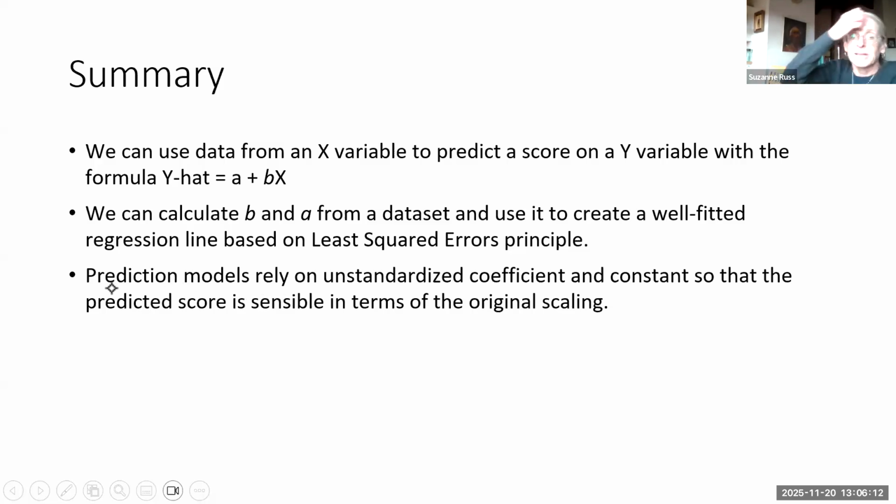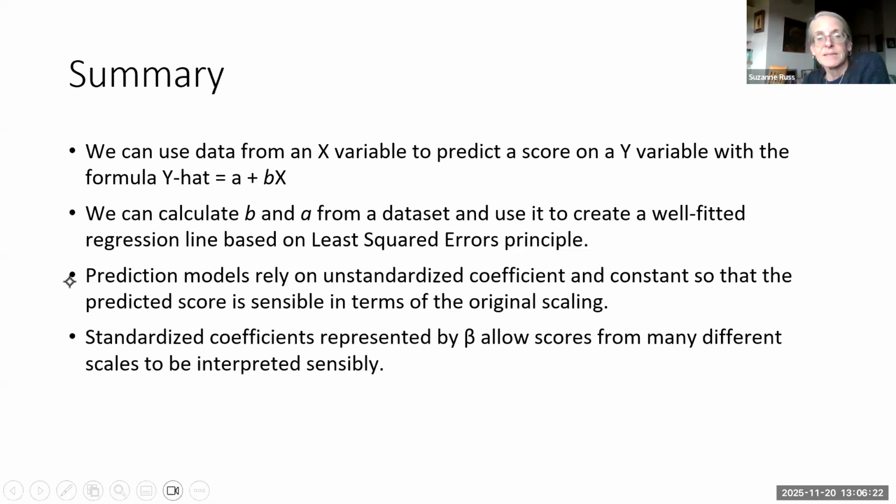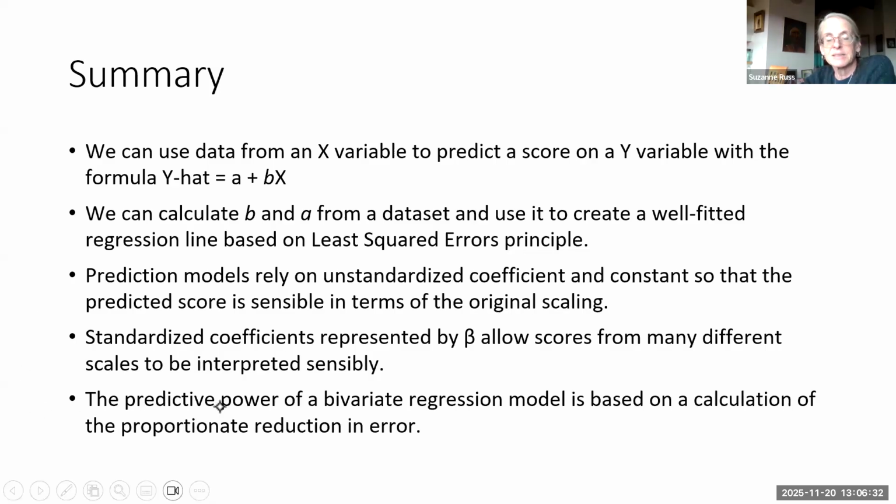Prediction models rely on the unstandardized coefficient and constant so that the predicted score is sensible in terms of the original scaling. Standardized coefficient, represented by beta, allows scores from many different scales to be interpreted sensibly. And the predictive